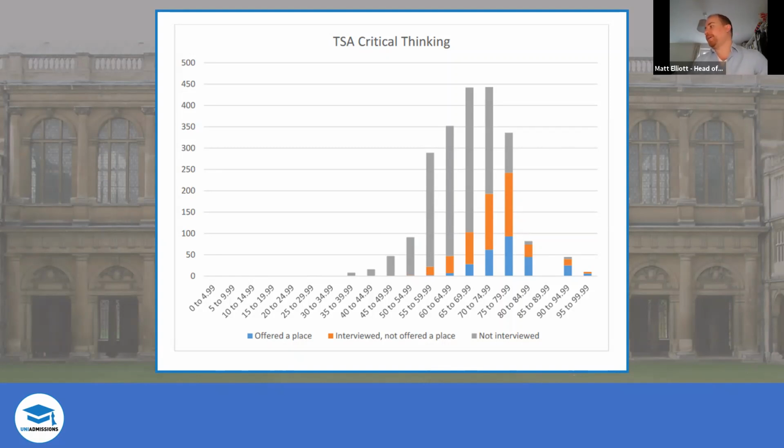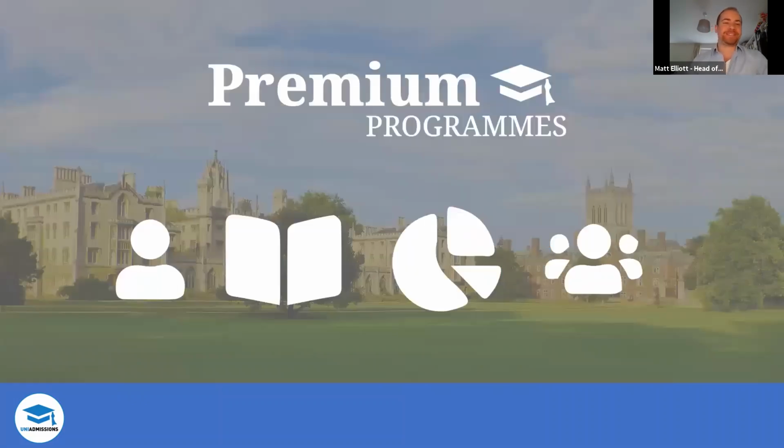So hopefully I've not frightened you too much about the admissions tests. Luckily, you do have ages, just about 5 months and a week to practice for them, which is enough time to really make that difference and achieve those results. And we can help. Will, tell us, well, don't tell me, I already know. Tell everyone else about what we can do to help.